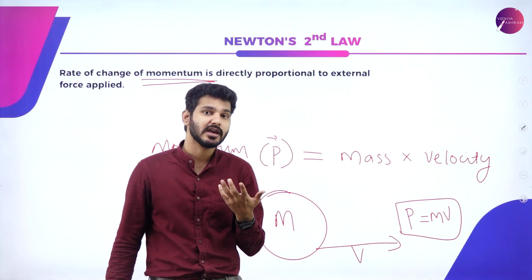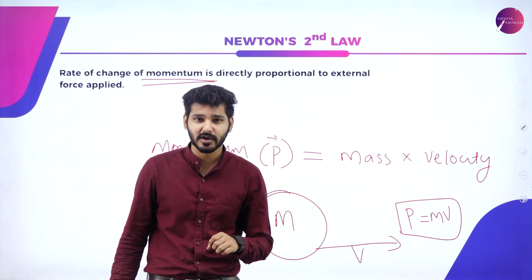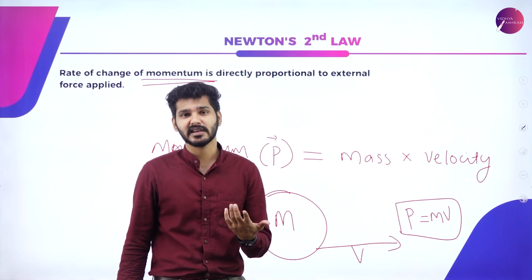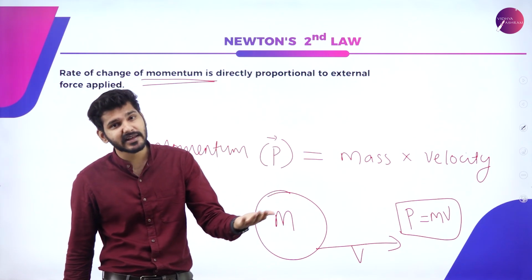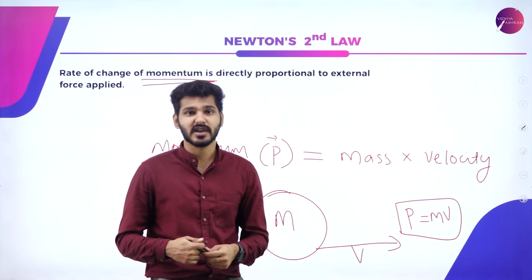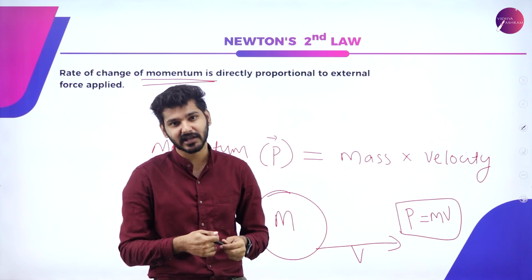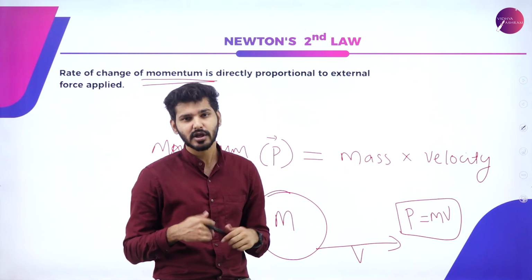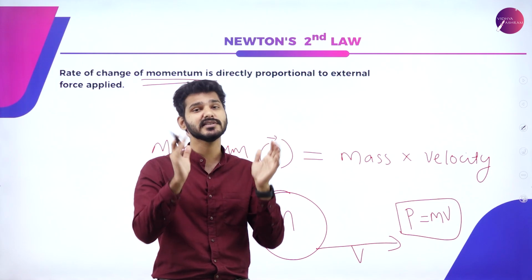But let's say I reduce the velocity, will the momentum decrease? Not exactly, because if an elephant is coming at you, let's say at 5 meters per second, will you say that it is coming very slowly, so it won't do anything to me? No, because the mass of the elephant is really high. Again, if the moon is falling onto you, let's say very slowly at 5 meters per second, will you say the same thing? Because it's coming very slowly, it won't do anything to me? No, because it is coming at you with a high mass which you cannot support.